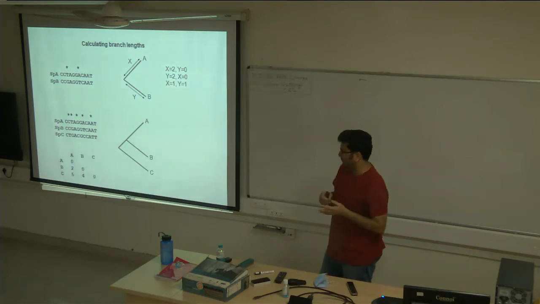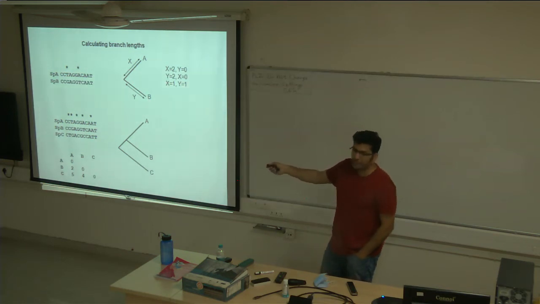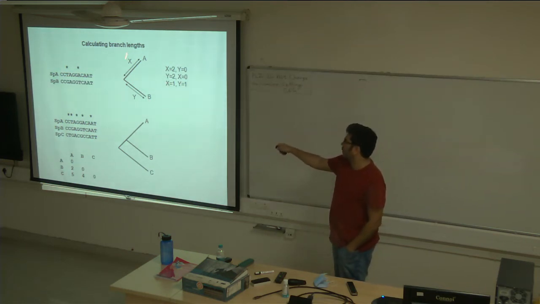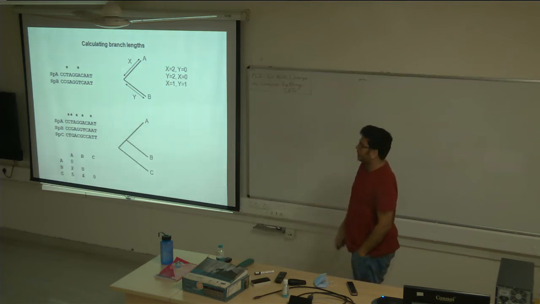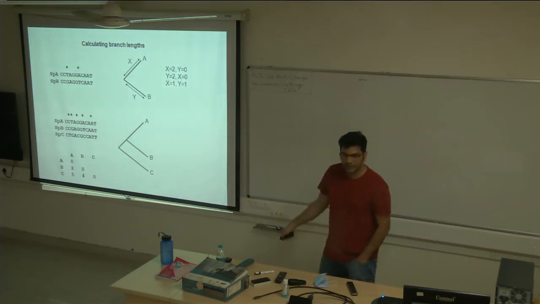For these methods, it's different. If you have 2 taxa, calculating the branch length is basically just calculating the difference between the 2 sequences, between 2 species. Here there are 2 differences. So you can put 2 here and 0 on this, or 2 on this and 0 on this, or like UPGMA does, you divide it by 2 and put 1 on each taxon. The complexity actually arises when you have more than 2 taxa.